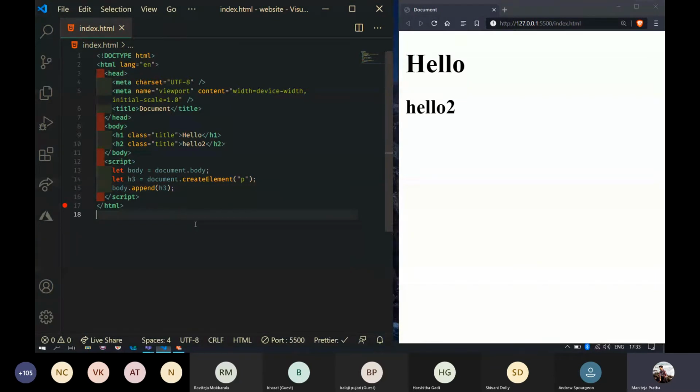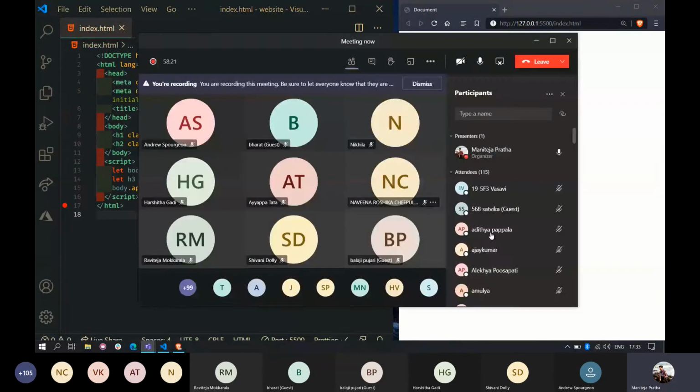Let's start doing the basic app. Till now, any queries, anyone? How you can access the elements, how you can add new elements to the HTML tags, all those things. Let me know in the chat. I'm looking at the chat. If you have any queries, post in the chat.